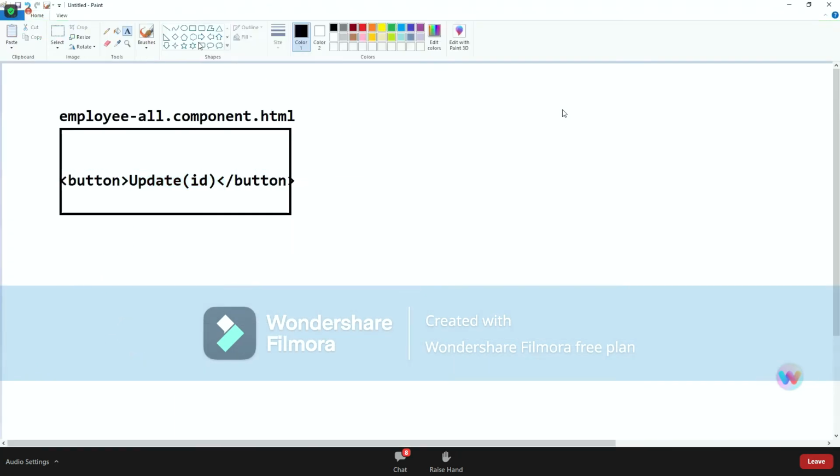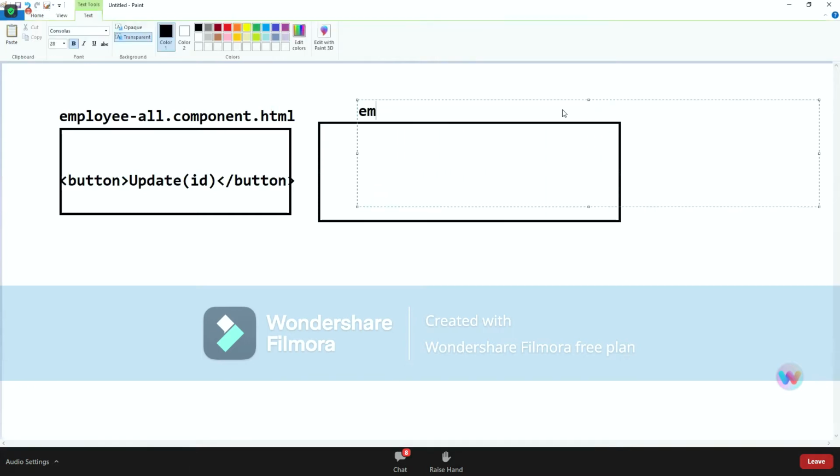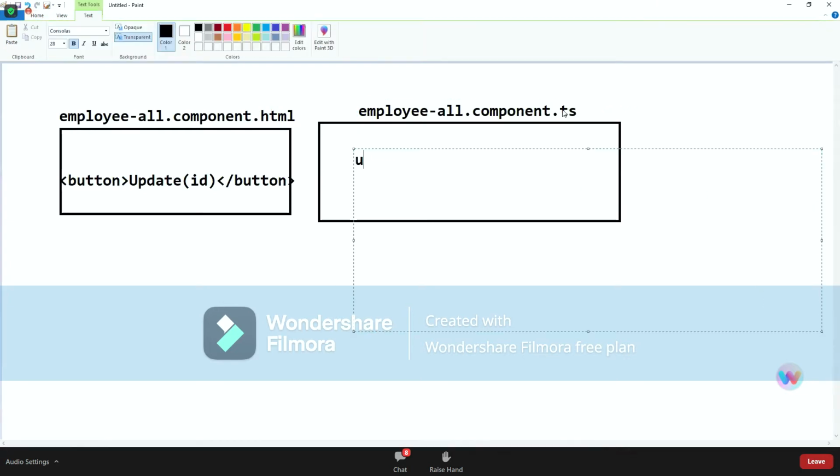Here, when you click on this, it will go to employee all component.ts. There we are going to write one update function and we'll read that ID.